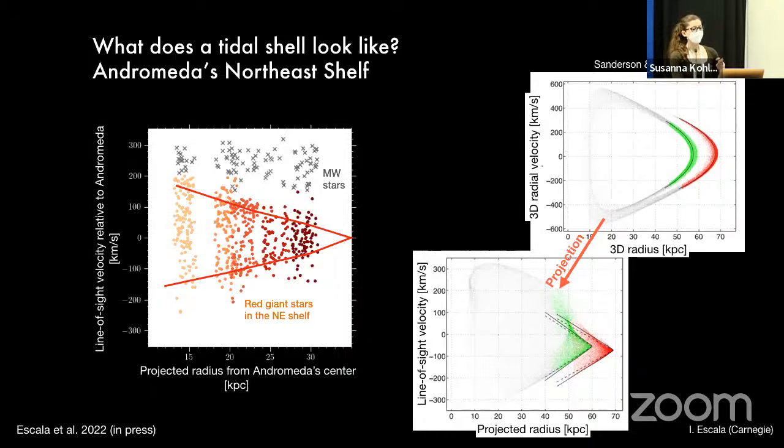We also have some information concerning the geometry of this feature. We know it's located in front of M31, which means we know which component of the tidal shell is moving away from Andromeda, so it's outbound, and then moving back toward us. So what you're seeing here are stars on various orbits moving away from Andromeda, approaching their apocenter, their largest distance from the galaxy, and approaching the systemic velocity, which is 0 in this plot, and then turning around and returning. And that's in essence what a tidal shell is.